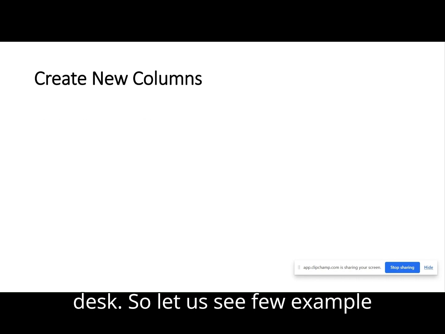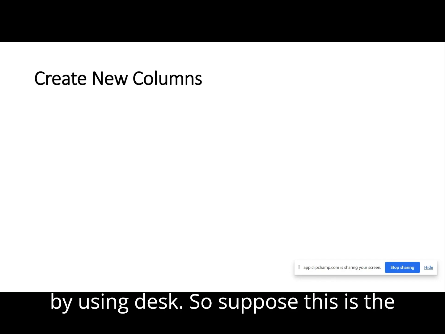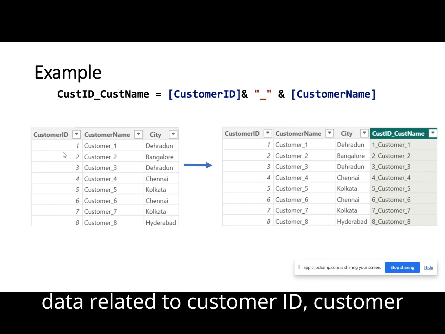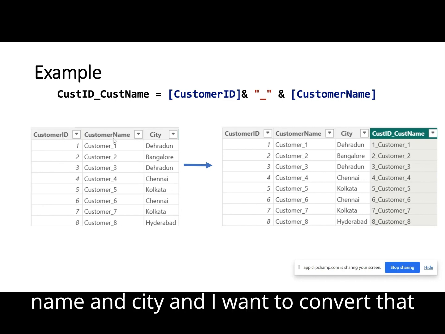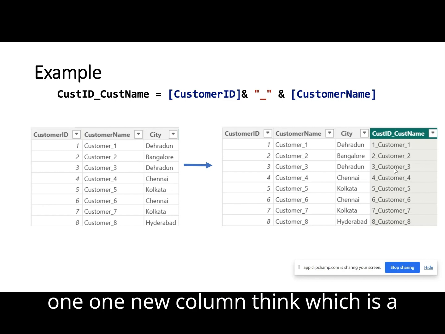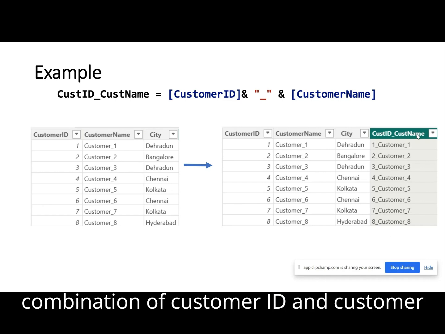So let's see a few examples of how to create a new column by using DAX. Suppose this is the original file in which I have stored data related to customer ID, customer name, and city, and I want to convert that column. And while conversion, I want to add one new column, which is a combination of customer ID and customer